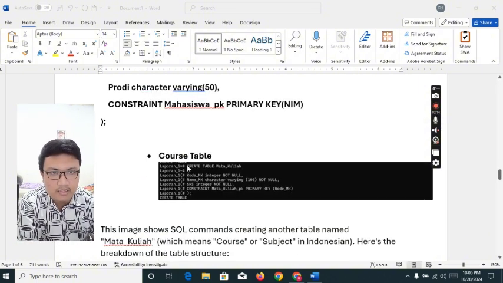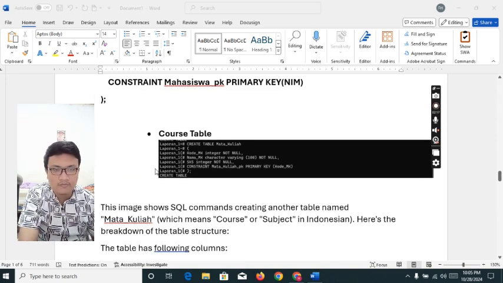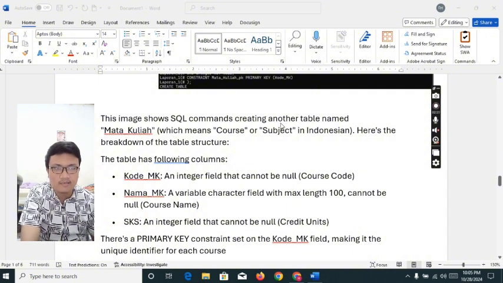Okay, next the course table. This is from the image code. The image shows an SQL command creating another table named mata_kuliah, which means course or subject in Indonesian. Here is the breakdown of the table structure.